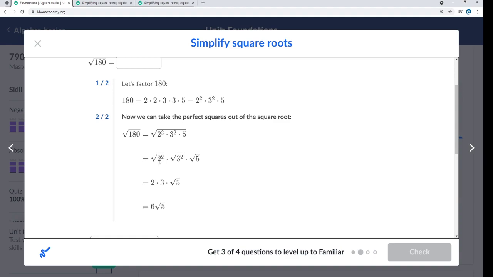And then 2 times 2 is 4, right? The square root of 4 is 2. And 3 times 3 is 9, the square root of which is 3. And so then you have these 2 values here. So it's 2 times 3, and that's how you end up with 6